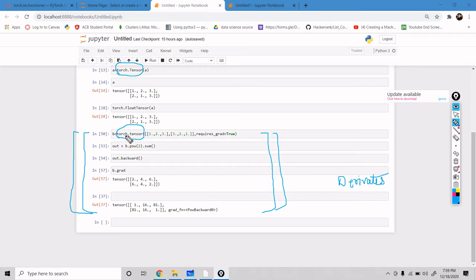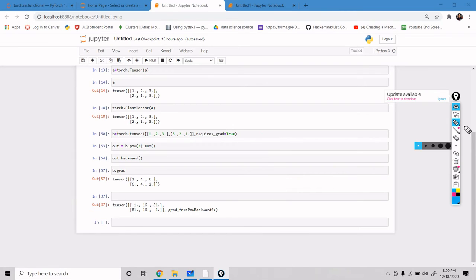Then we can use torch.tensor with a small t. Simply we provide our array here, which will convert into a tensor. It has a parameter named requires_grad. By default it is false, I think.